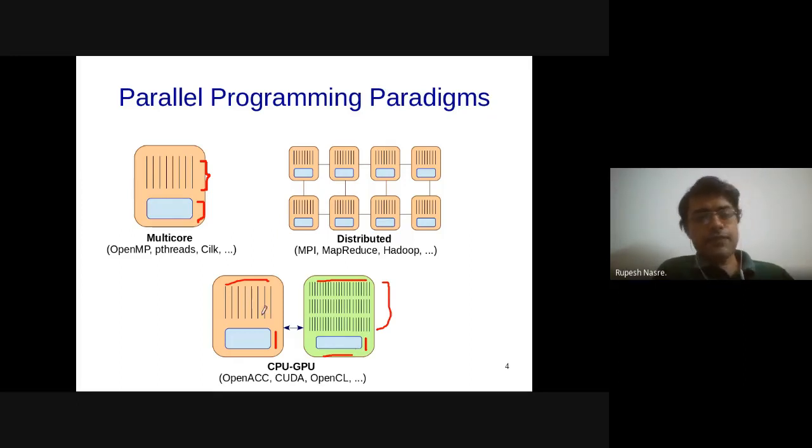Whereas when you consider CPU GPU communication, they don't have a common memory, and therefore they need to communicate their information via some sort of an interconnect, and therefore there is a natural distributed communication happening between CPU and GPU. And as we have studied in the MPI part, the communication is very crucial from the perspective of performance, in the sense that the communication should get reduced. And therefore, in the context of CPU GPU also, this communication should get reduced as much as possible if you want to benefit in terms of performance. This is going to be a crucial aspect as we study more of OpenACC related constructs.